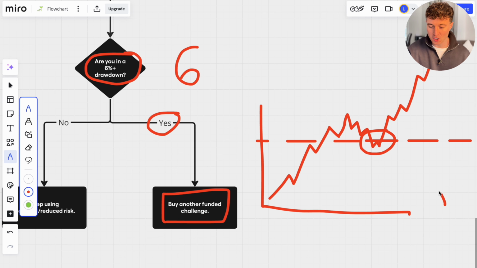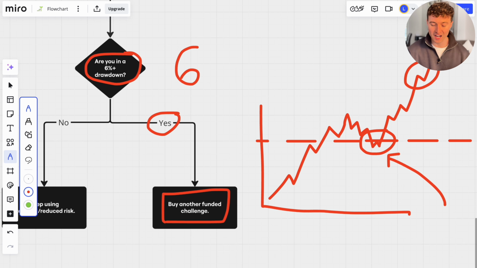So what actually happens when you buy a challenge during a significant drawdown? Well, the first challenge that you had, which is in drawdown, at this stage right here, you would have come out of drawdown on that first challenge. But also on the second challenge that you've just bought, that challenge will be passed, or at least very, very close to it. And therefore taking advantage of your drawdown periods and buying another challenge when you are in drawdown